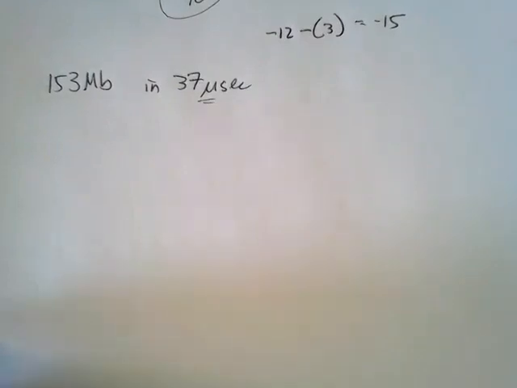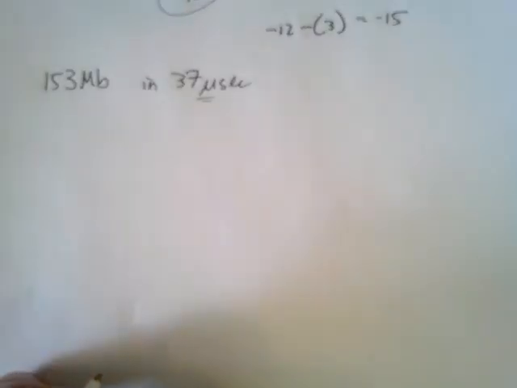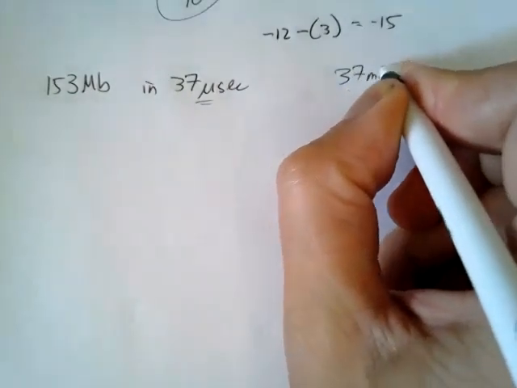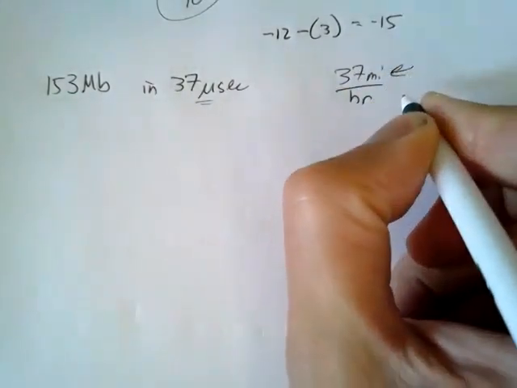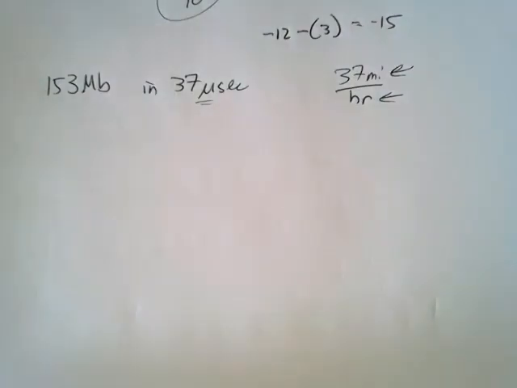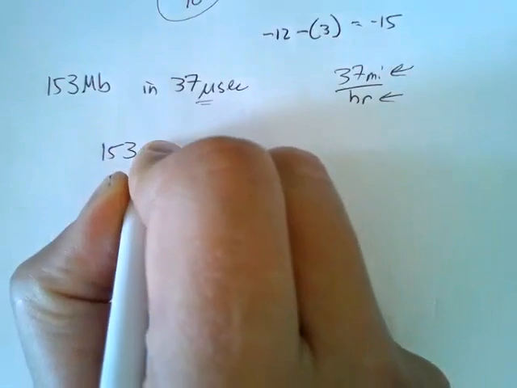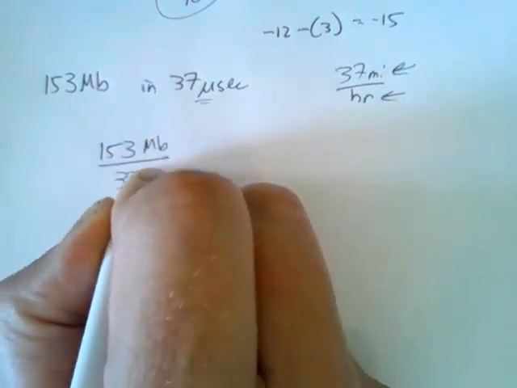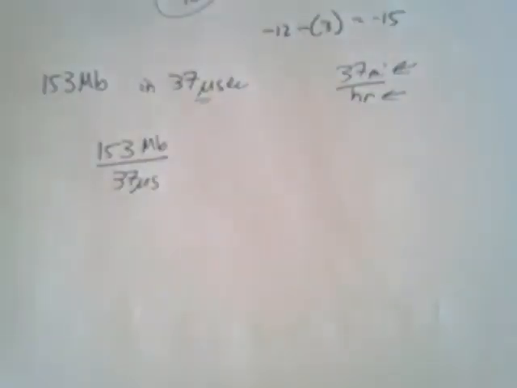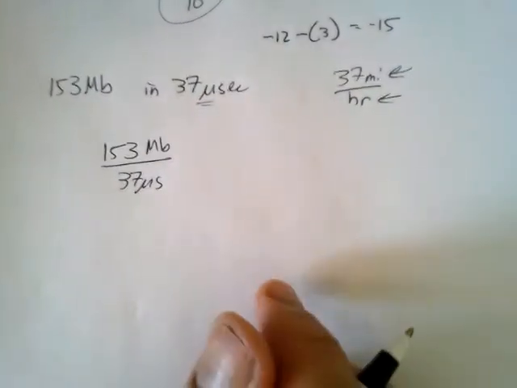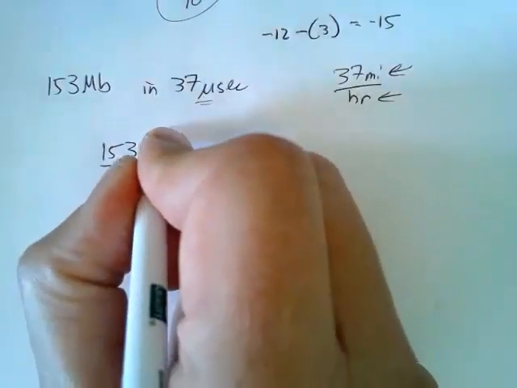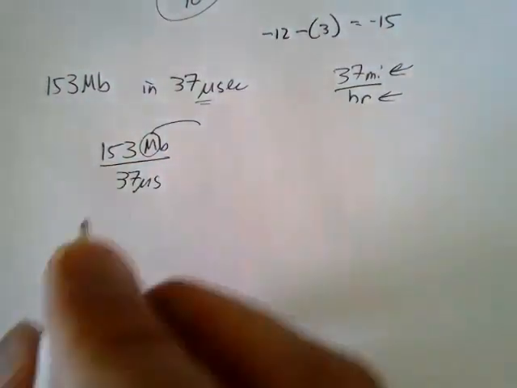Now, if I wanted to know the rate at which it is processing information, whenever we talk about a rate, just like when we talk about our rate of travel on the highway, we say 37 miles per hour. It is whatever is of interest over time. So again, we can make analogies to things that we're familiar with. So here we might say 153 megabytes over 37 microseconds. But now to actually do a calculation and figure out how many bytes per second, I'm going to encourage us to make that mental substitution and plug in